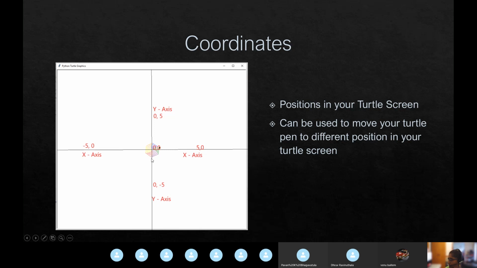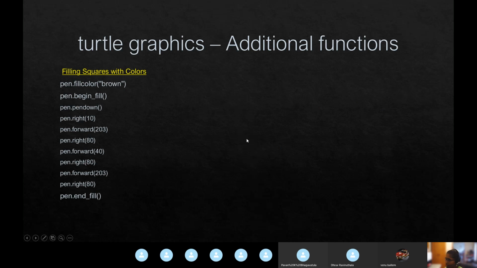So remember, using this, you can move your turtle graphics to draw different things in different quadrants. And our final project is something similar to that, where we are making a house and a window and clouds and a fence and everything, in case you have noticed that earlier. So it helps, you can position your turtle screen, and it can be used to move your turtle pen to different positions in your turtle screen. So here are some